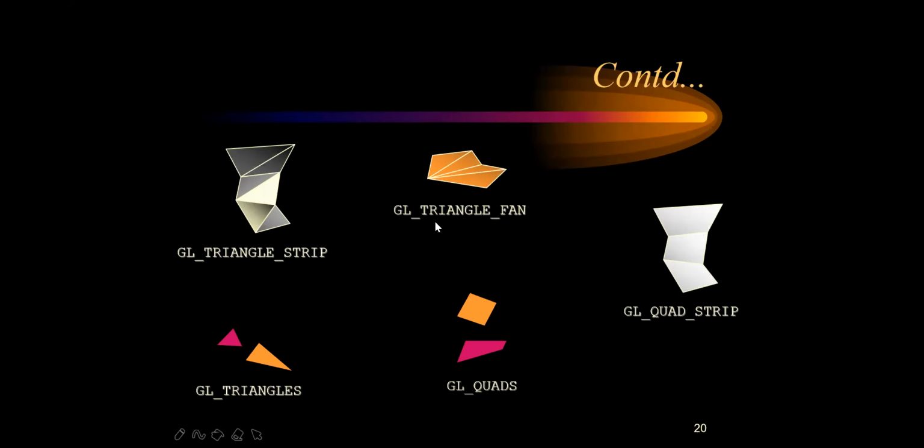If you want to go for GL underscore triangle underscore fan, how are you going to do it? There will be a common point, and from that common point you have to draw all of this. Let me take this common point name as 1. Here this is 2, this is 3, let this be 4, 5, and this one will be 6. Now suppose you want to draw this. Whenever you write GL underscore triangle underscore fan, you have to start with the first coordinate point, whatever the coordinate points will be, let it be 2 comma 3 or 5 comma 3.